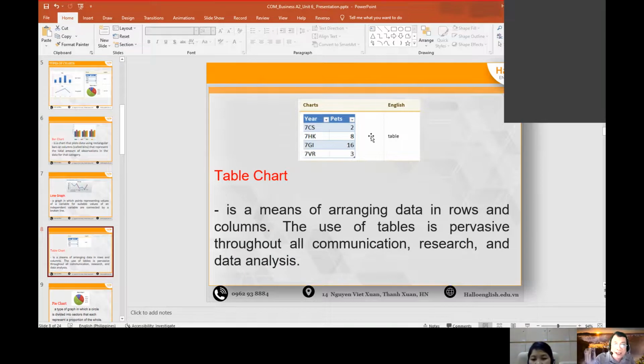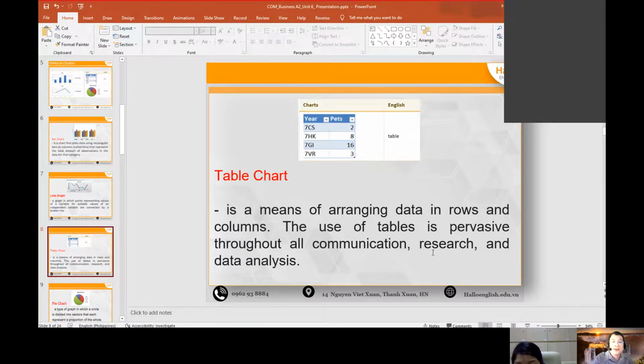Okay? So this one is a table chart wherein we can see in here tables, on the left side and on the right side. So when we say table chart, what does it mean, Toy? Table chart is a means of arranging data in rows and columns. The use of tables is pervasive throughout